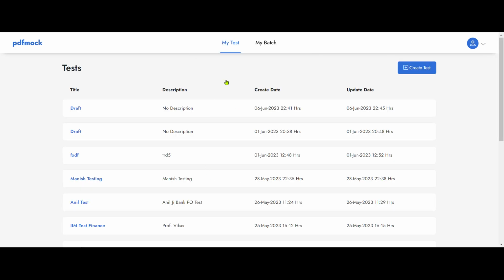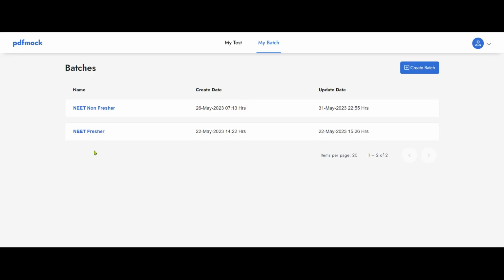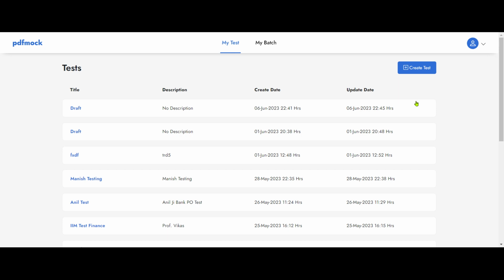Now there are two tabs, my test and my batches. So first we'll create the test and then we can allocate to the batches which are formed here. These are a couple of batches that I have created. So we will go to my test and we will start creating the test using a PDF